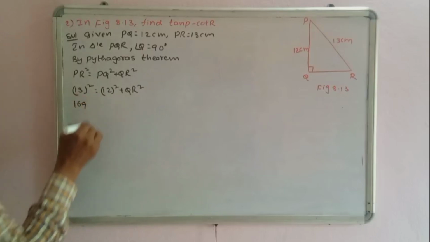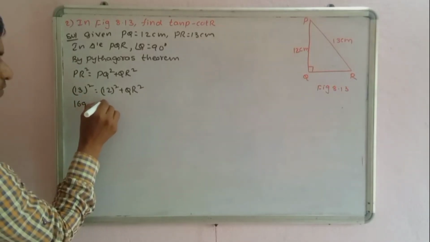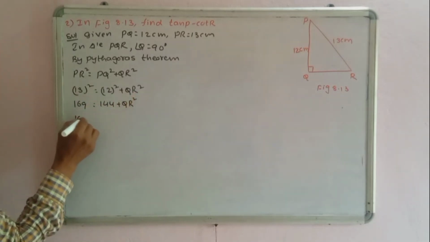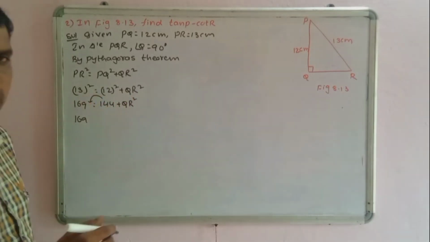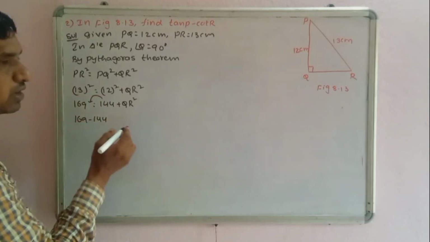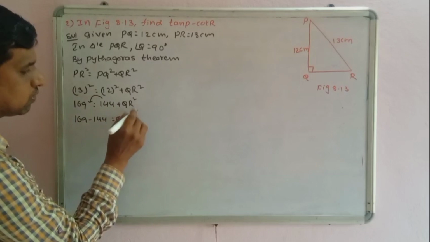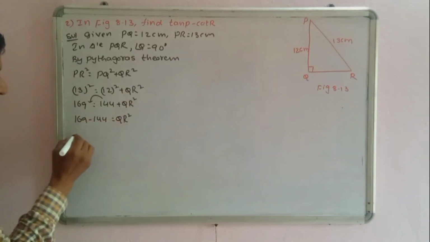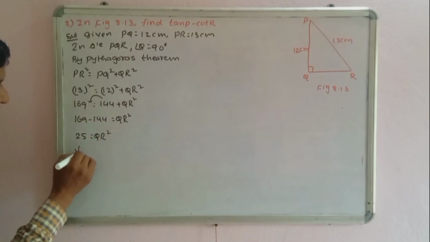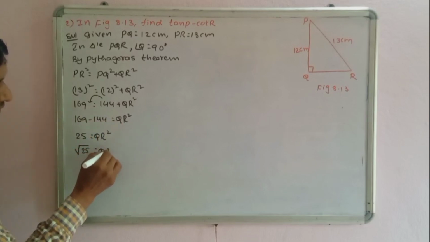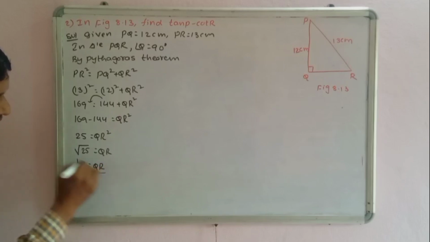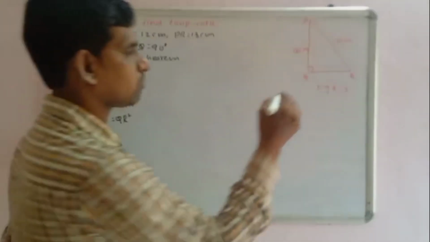13 square is 169 equals 12 square, which is 144, plus QR square. Okay. So 169, 144 transposes to the left side as minus 144, equals QR square. So 169 minus 144 is 25 equals QR square. Square transposes to the left side as square root: square root of 25 is 5 equals QR. Therefore the value of QR is 5